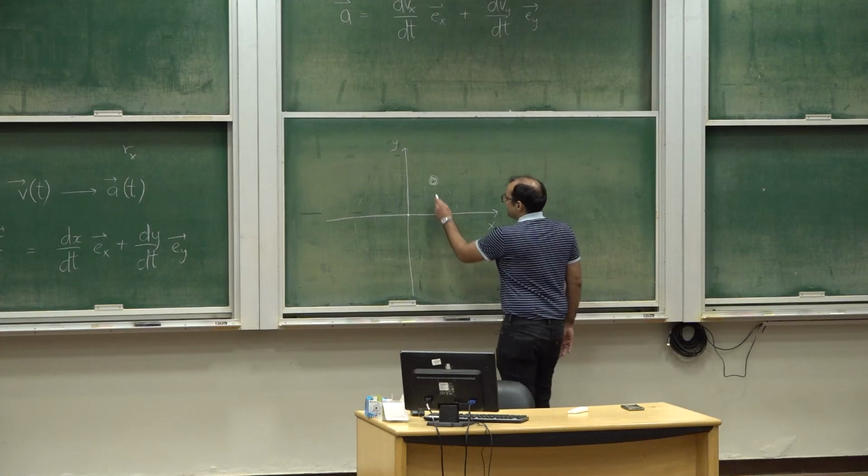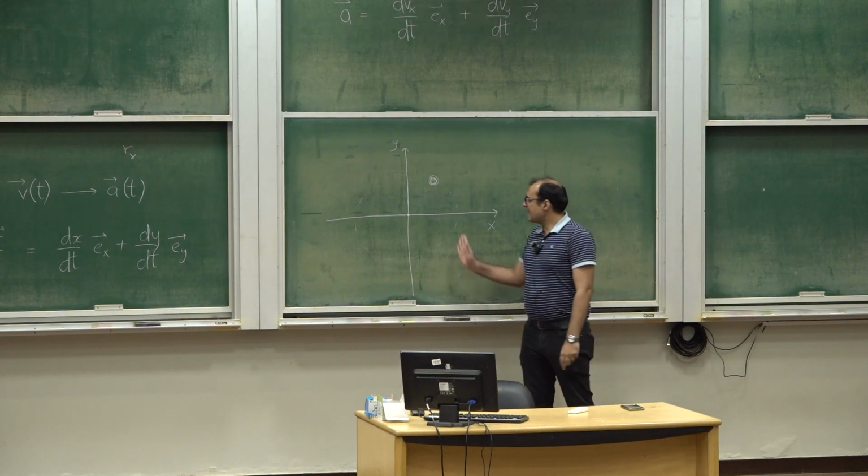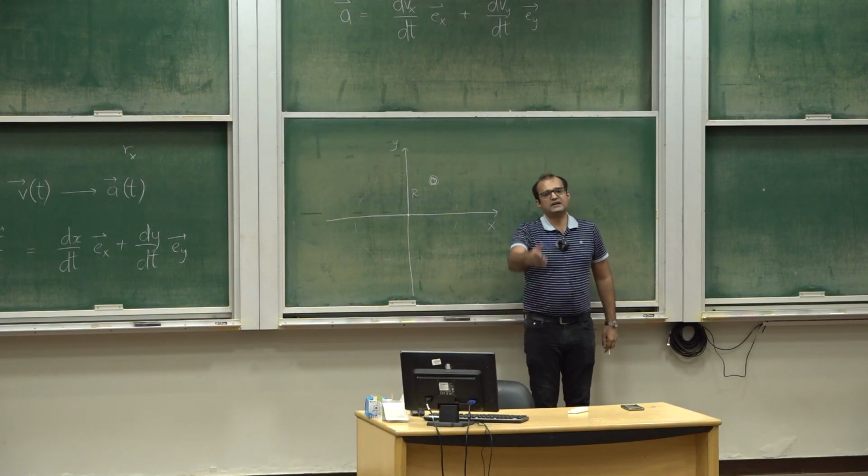And now the object is over here, so let's draw a line like that. Okay. And as the object rotates, let's call this distance capital R. As the object rotates,